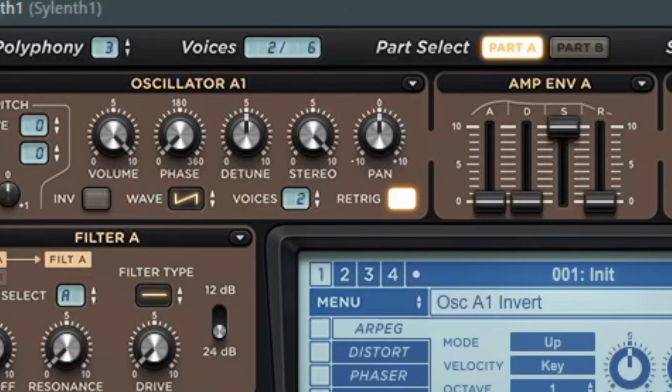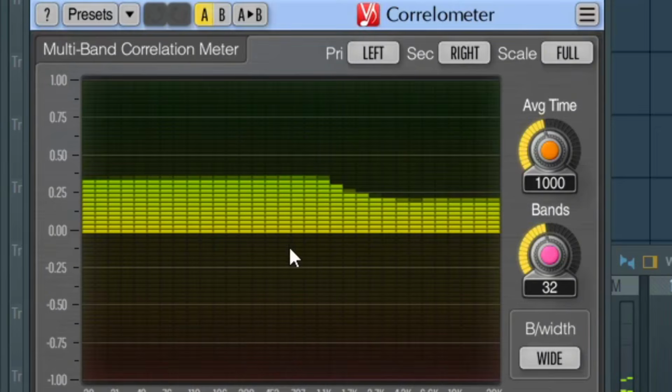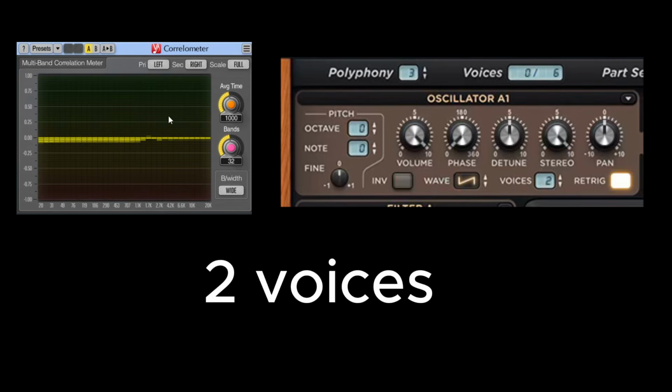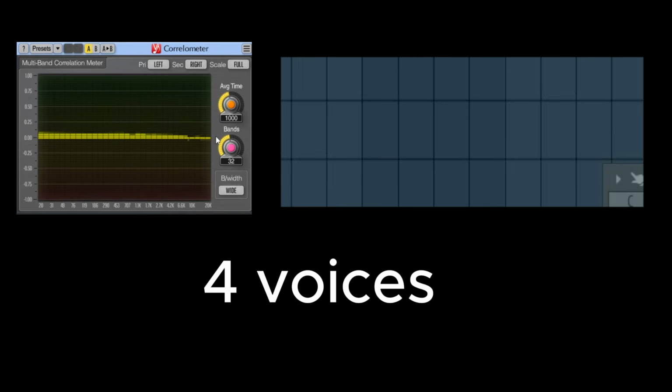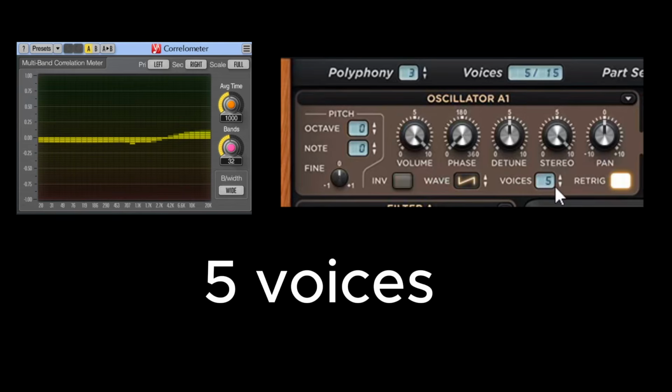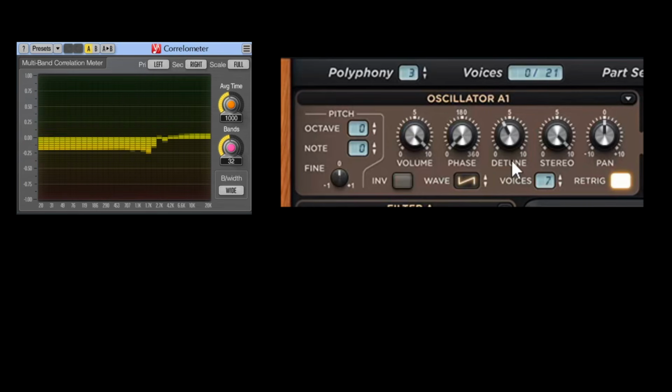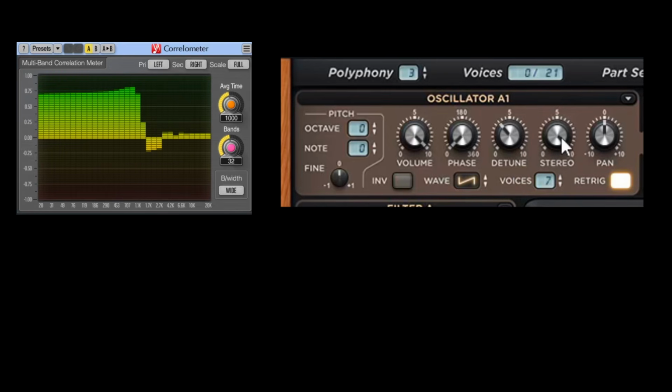A big trick here is to set the number of voices to an odd number, because it forces the plugin to leave one voice in the center as the rest is spread out. Notice that the more voices you add, the more voices are spread out left and right, while only one is still in the middle in an odd number of voicing. So in this case, you gotta mess with the stereo setting to bring those voices more to the middle, or lower the detune, which is the option that decides how much the voices are spread out.